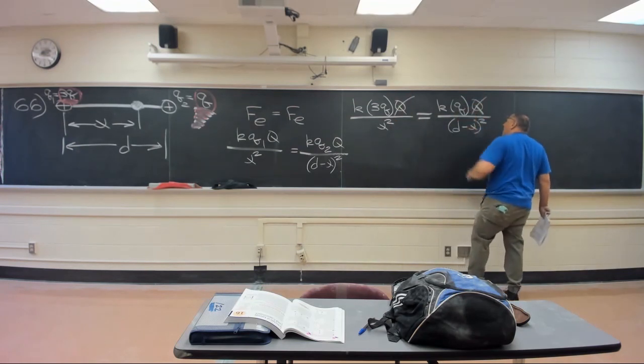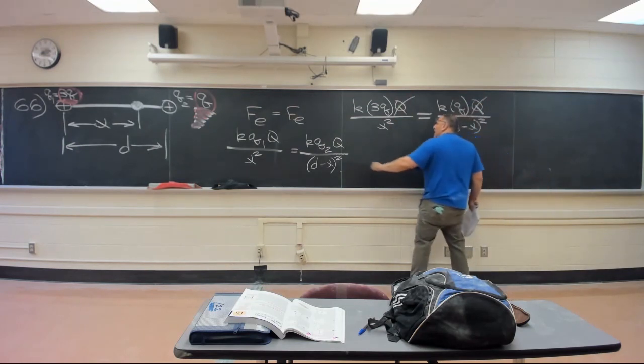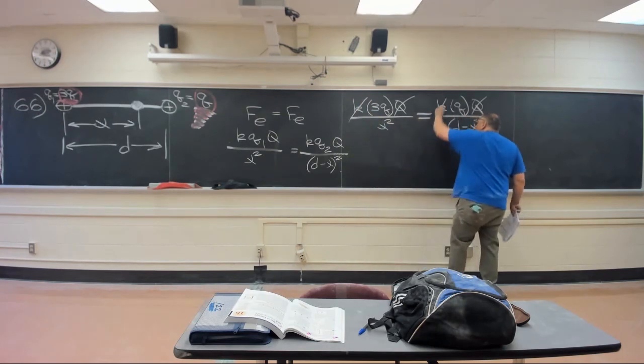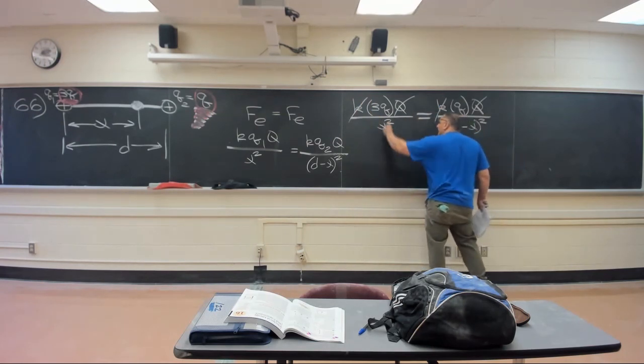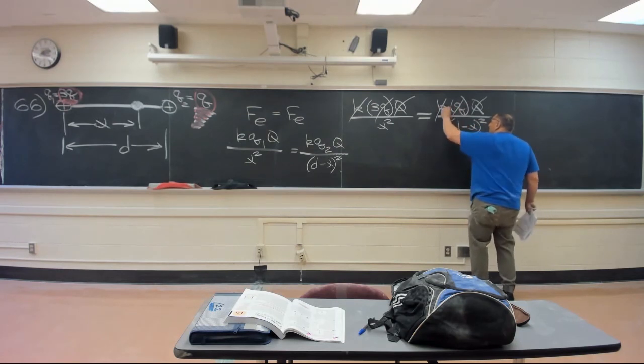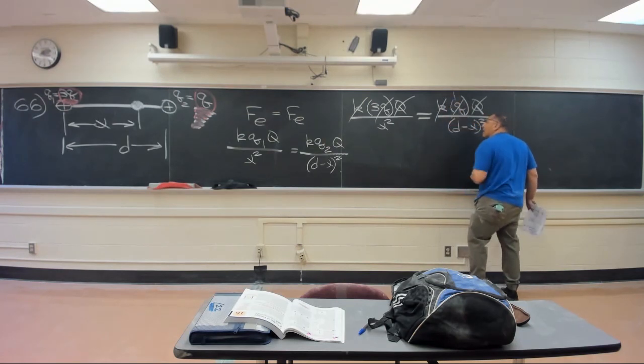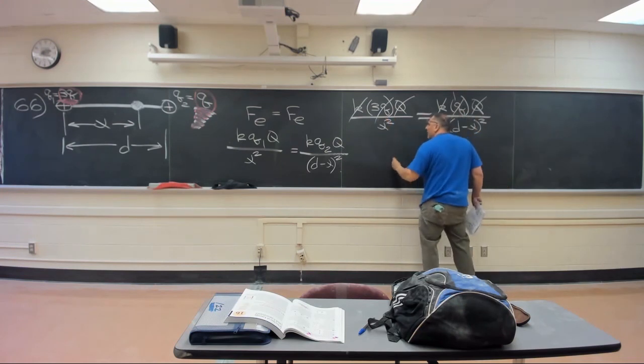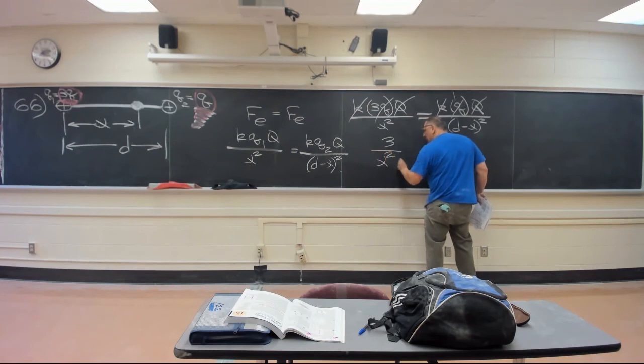Divide by capital Q on each side. Divide by K on each side. Divide by small q on each side. Well, these don't cancel to nothing, guys. There's a 1 right here, and there's a 3 right there. I'm at the end of all that. It's 3 over x squared